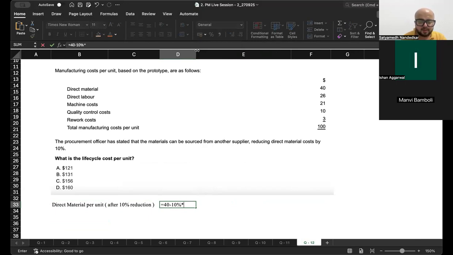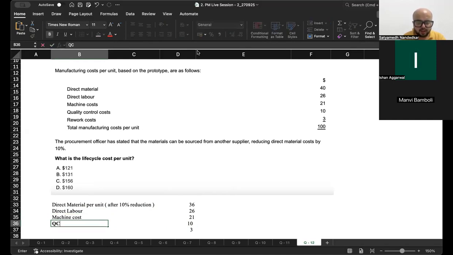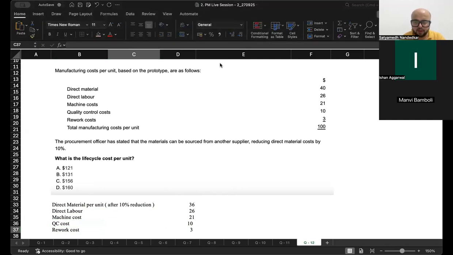40, 36. Minus 10% of 40, 36. Direct labor 26, sorry, 26. 21 machine cost, 10 quality control, 3 rework. What is this? Machine cost. What is this? QC cost, quality control cost. What is this? This is rework cost. Okay, 3 is done. Then